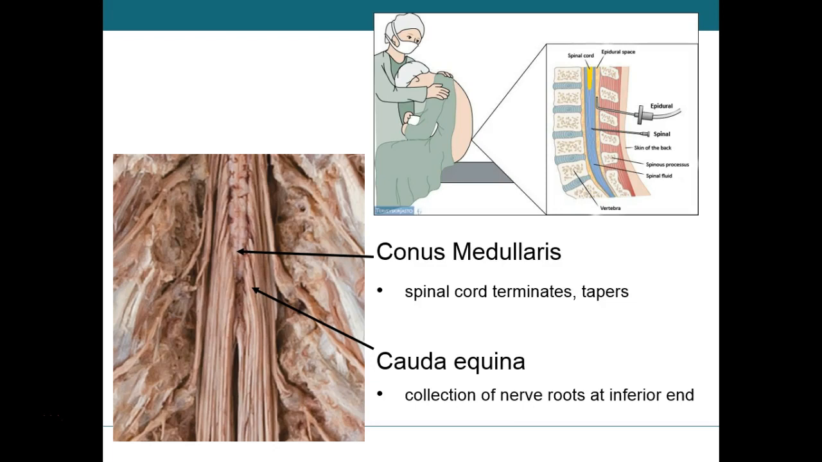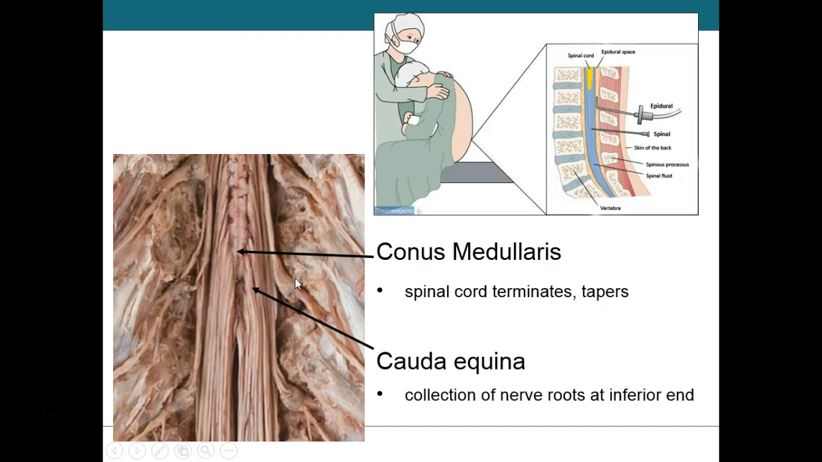So let's talk a little bit about this. If we're looking at the distal end of the spinal cord, there's an area called the conus medullaris, which is where the spinal cord tapers down and terminates. Below the conus medullaris, we have a structure called the cauda equina. Cauda means tail, equina is horse. So if you look here in this area, someone once upon a time thought this looked like the tail of a horse. So this is where you have a collection of the roots of the nerves that extend down below